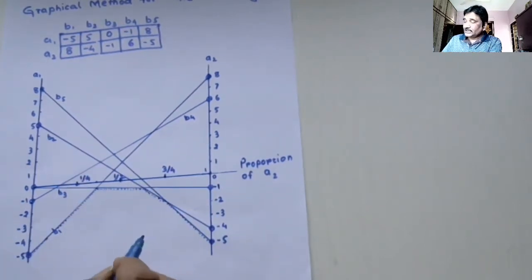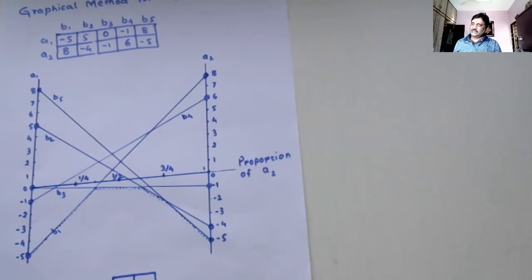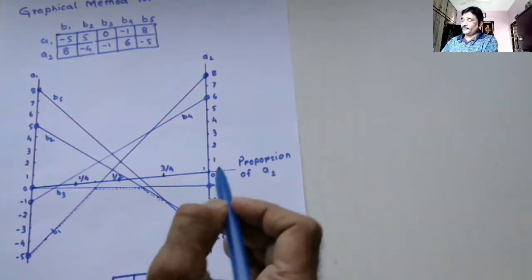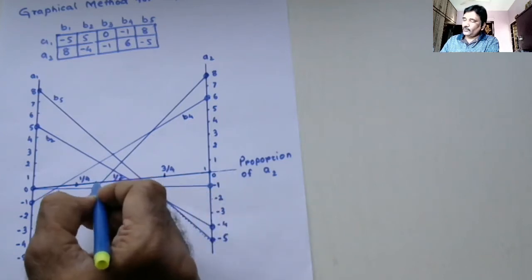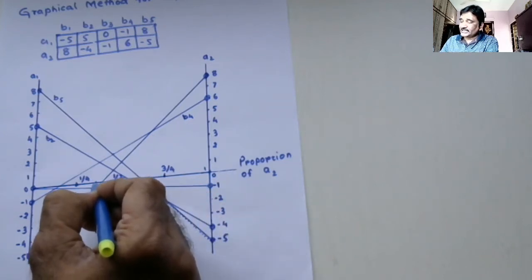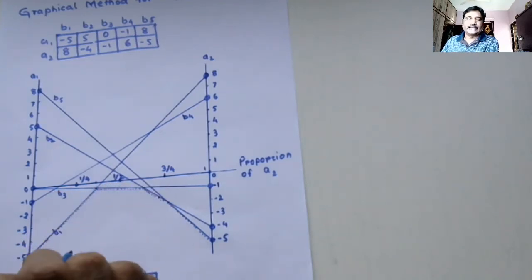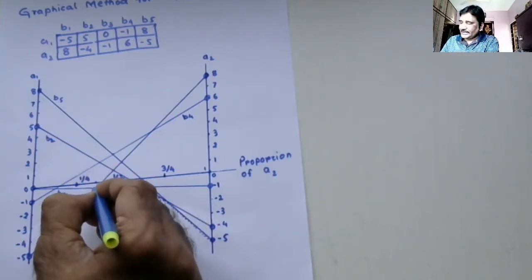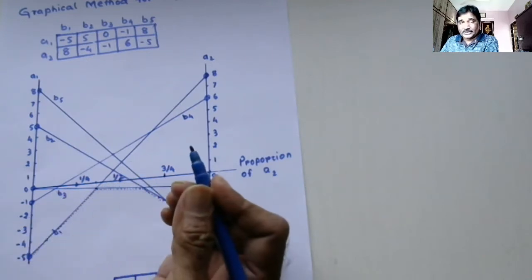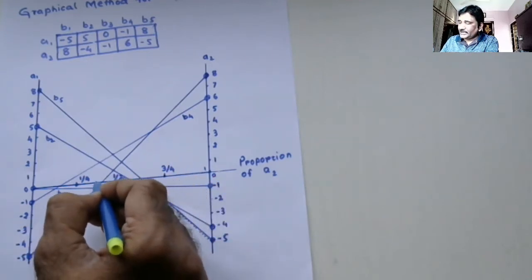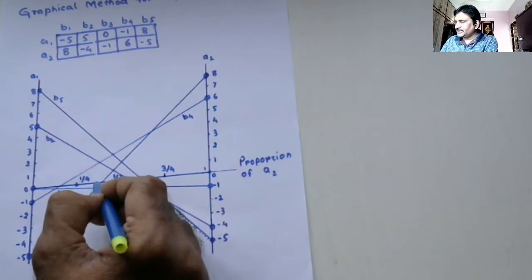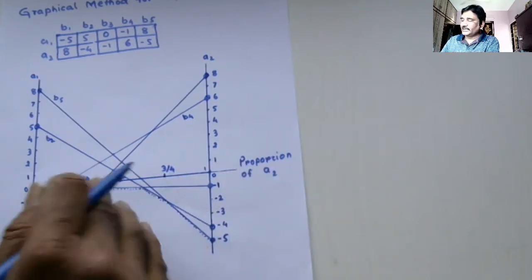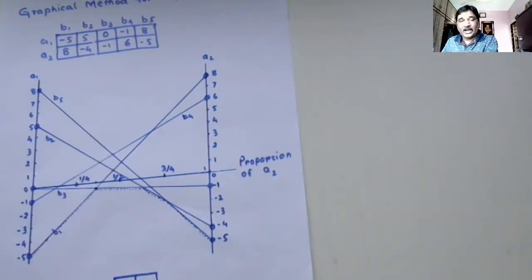Okay, now the question is, where will A stop? At which point the proportion of course of action A2 will be settled? It will be settled at this point because A is also intelligent. A wants to maximize his own gain, and A finds that by settling at this proportion, player A will be getting maximum gain. If after this point the proportion keeps on increasing, the gain starts falling down.